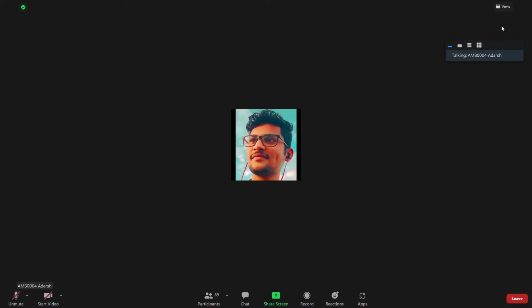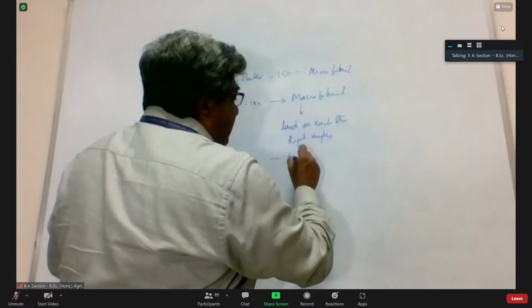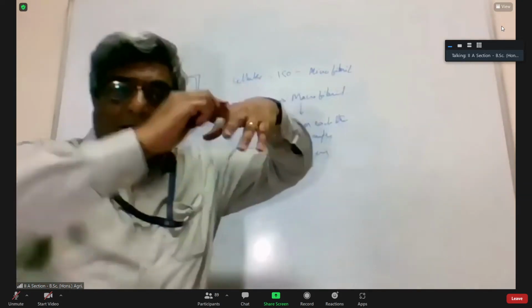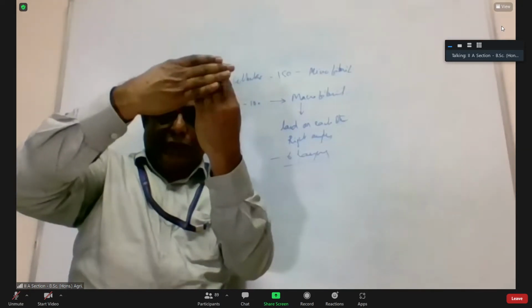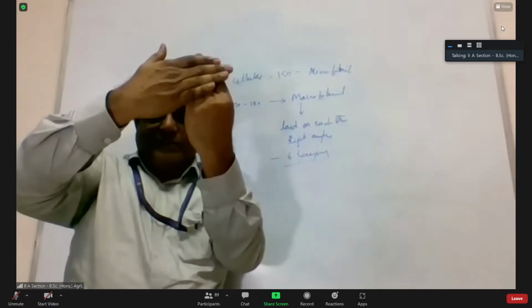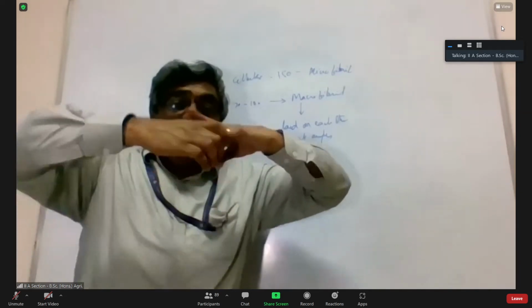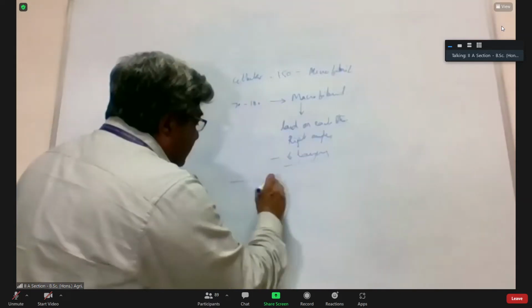Macrofibrils, these are laid on each other at right angles, and it makes about 6 layers of macrofibrils. Imagine this. You have this macrofibril, and there will be one more layer of macrofibrils kept on top of them like this. That is right angles. But what happens in a cotton dress? You have weaving. They are not interwoven. Keep these things strong like this,